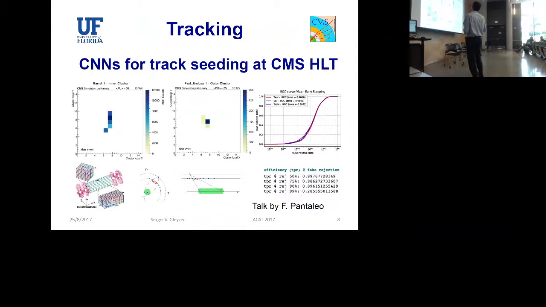One of the things was applications for tracking, for looking for different seeds, in a talk by Felice Pantaleo from CMS in particular. Again, applying some of these similar techniques from computer vision, but for identifying specific patterns within specific detectors, and doing things more in this way as opposed to some of the traditional reconstruction, with some pretty good initial results. All of these are mostly R&D, but hopefully this will be something really useful in the future.